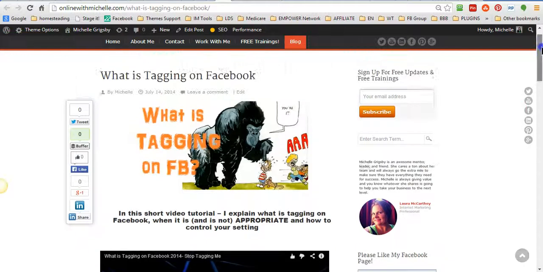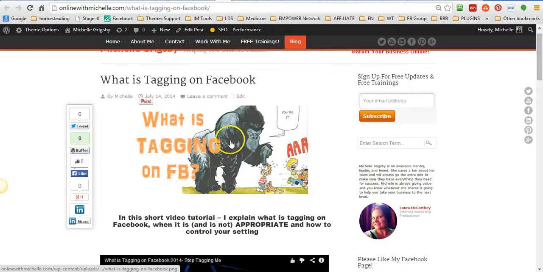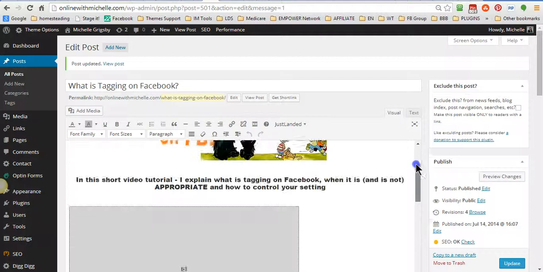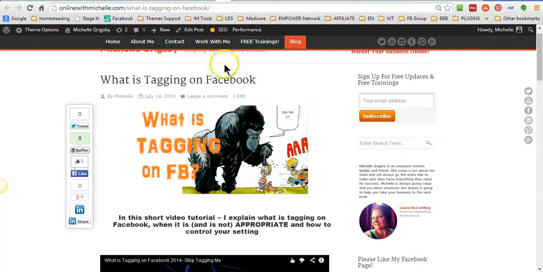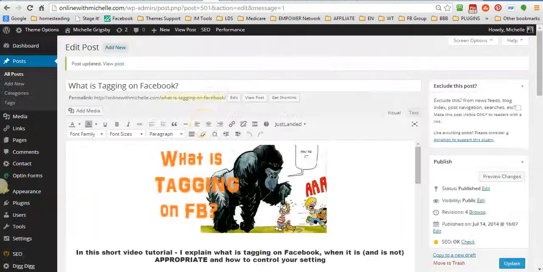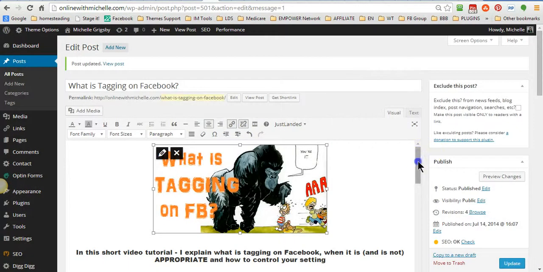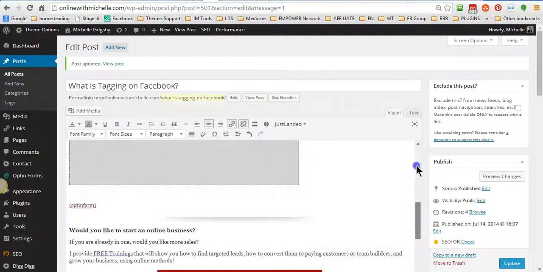And I also took my image and I linked it to my front page, because otherwise when someone clicks on it, it will just pop up as the image. So I took this, I clicked on it, and I linked it to my front page, and I opened it in a new window. Okay, so that's what I did for this, guys,